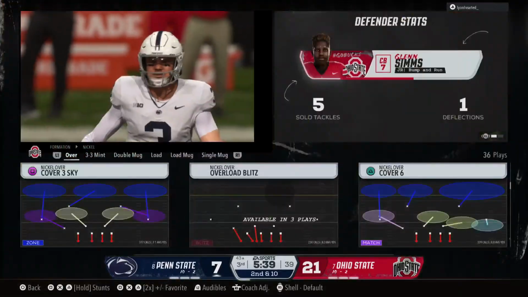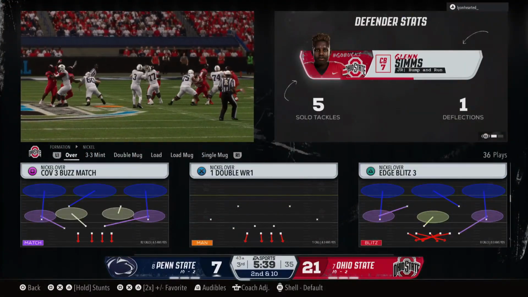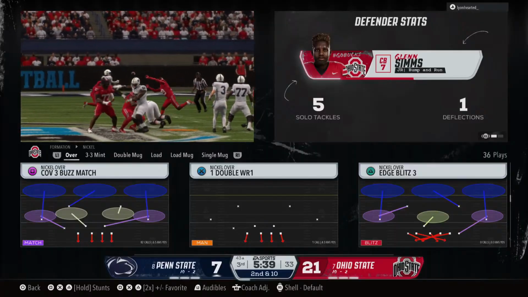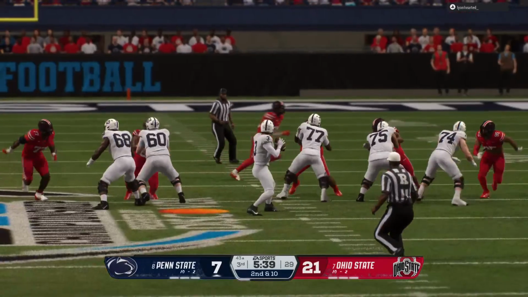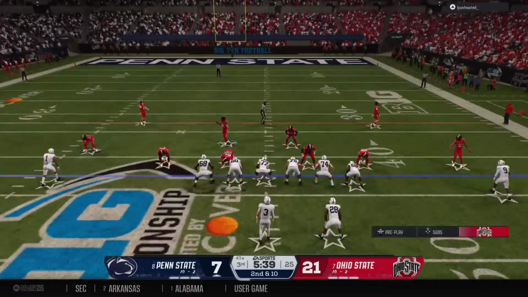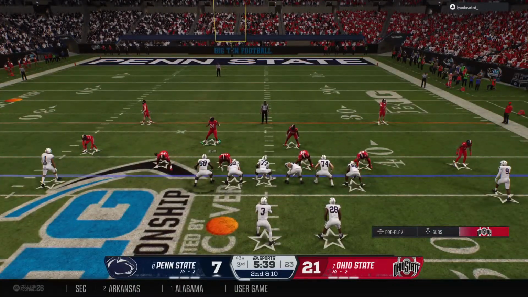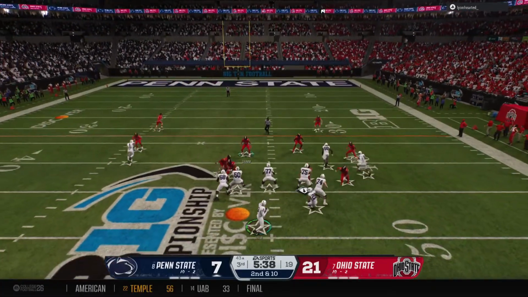But they can't make the connection. Ball's incomplete. Well, this quarterback and his receivers have got to get on the same page. They've got to find a rhythm if they want to move the ball down the field. So after the incompletion, it's second down. Offense moving receivers around now before the snap.